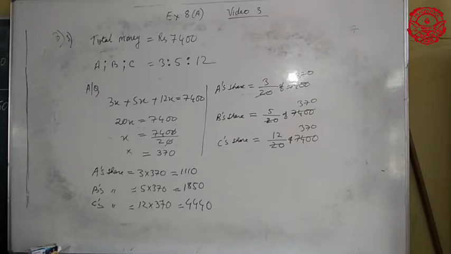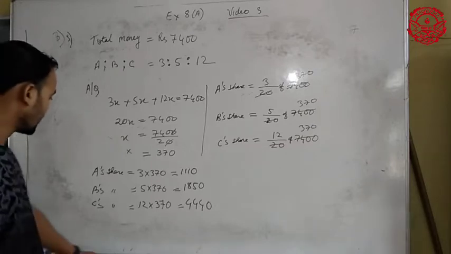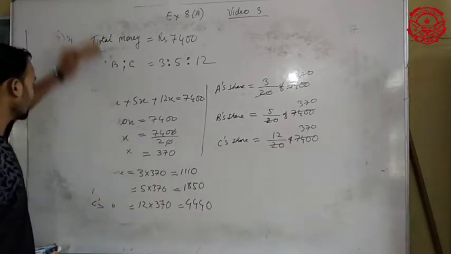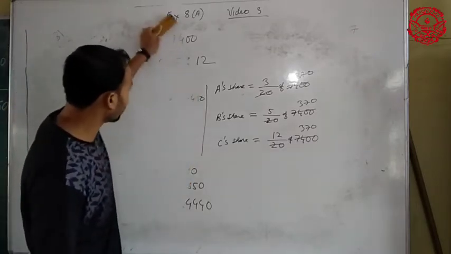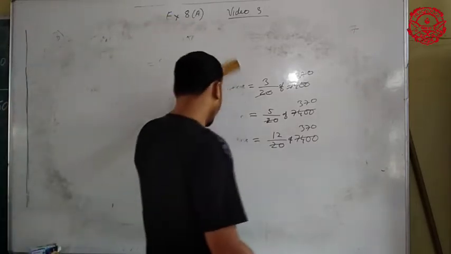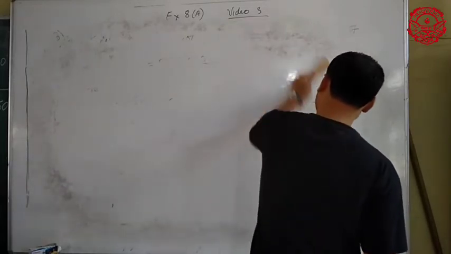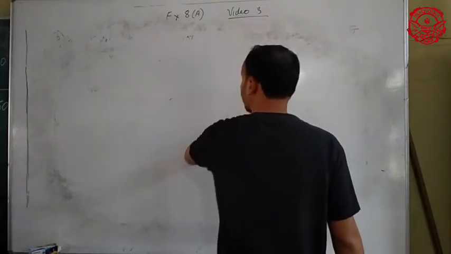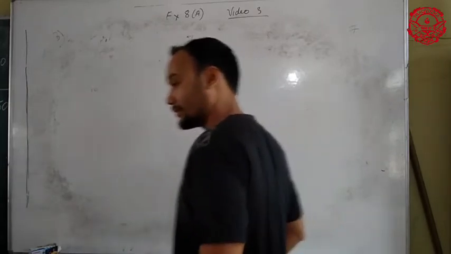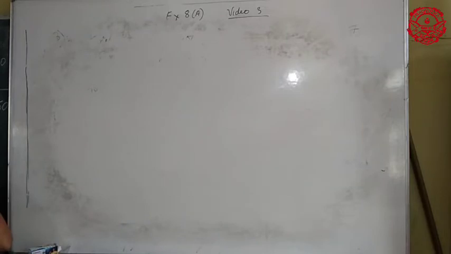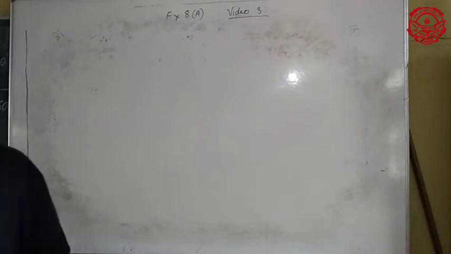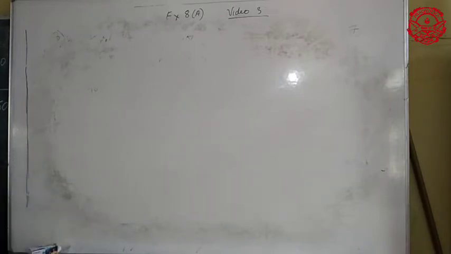Come to question number 6. I am rubbing this out. Question number 6: there is a certain number of pencils that will be divided among 3 cylinders, and a particular ratio is given. In that ratio, we need to divide the number of pencils. Now, what is the number of pencils? The number of pencils is 102.